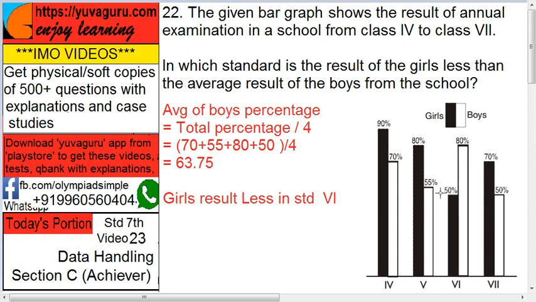So they are less in standard 6th only. The girls should be less than the average of the boys. Remember, that is important. You have to find the average and then you have to find where the girls are less. So they are only less in standard 6th. In all other standards, they are higher than the average percentages of